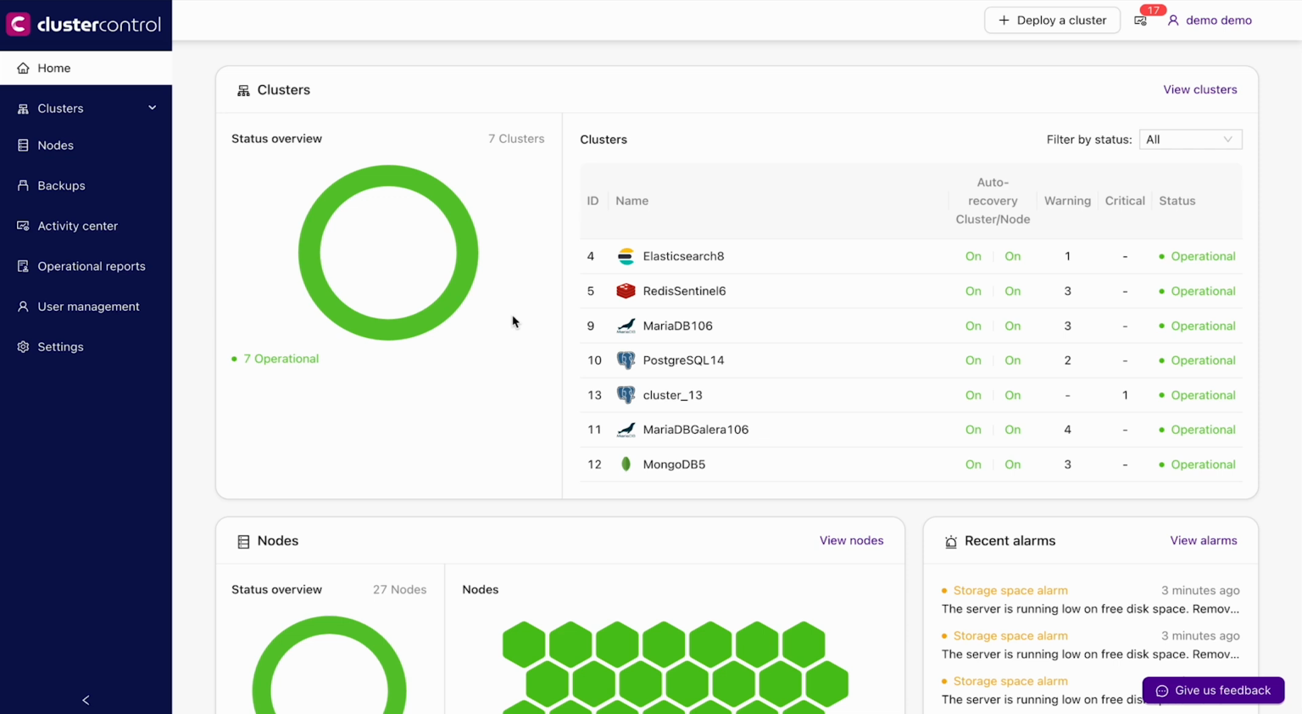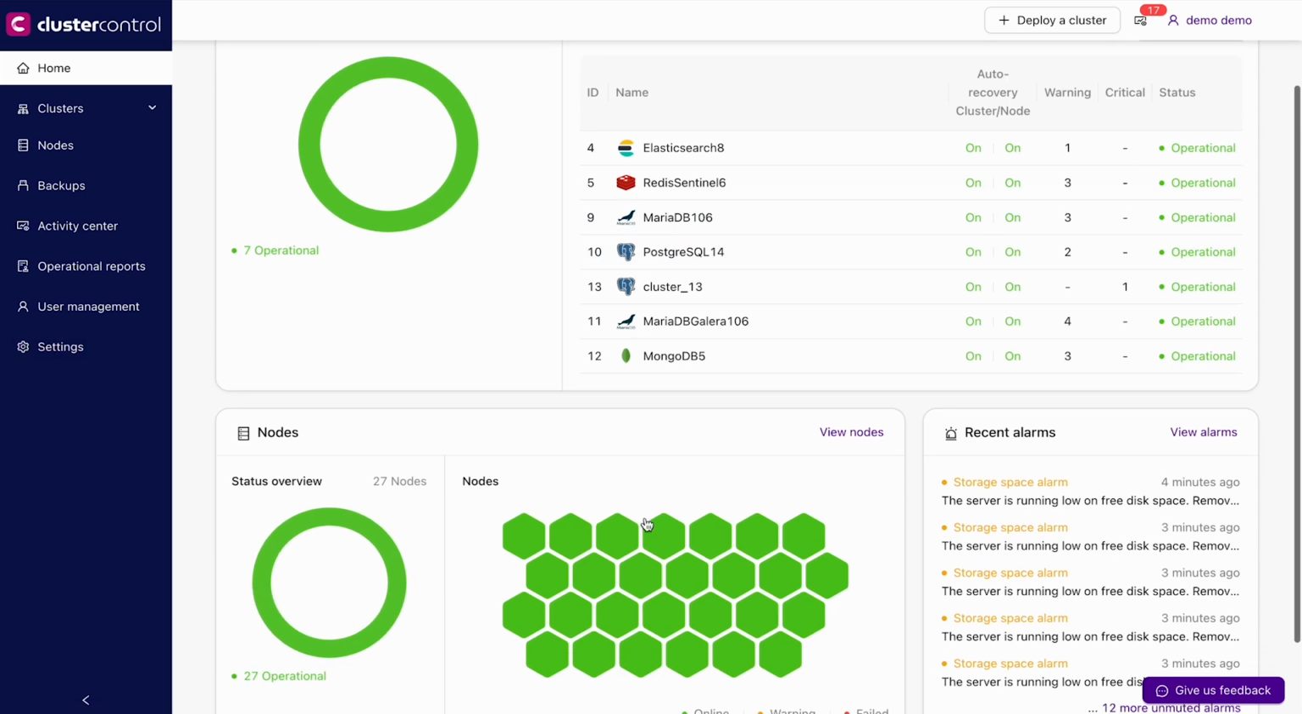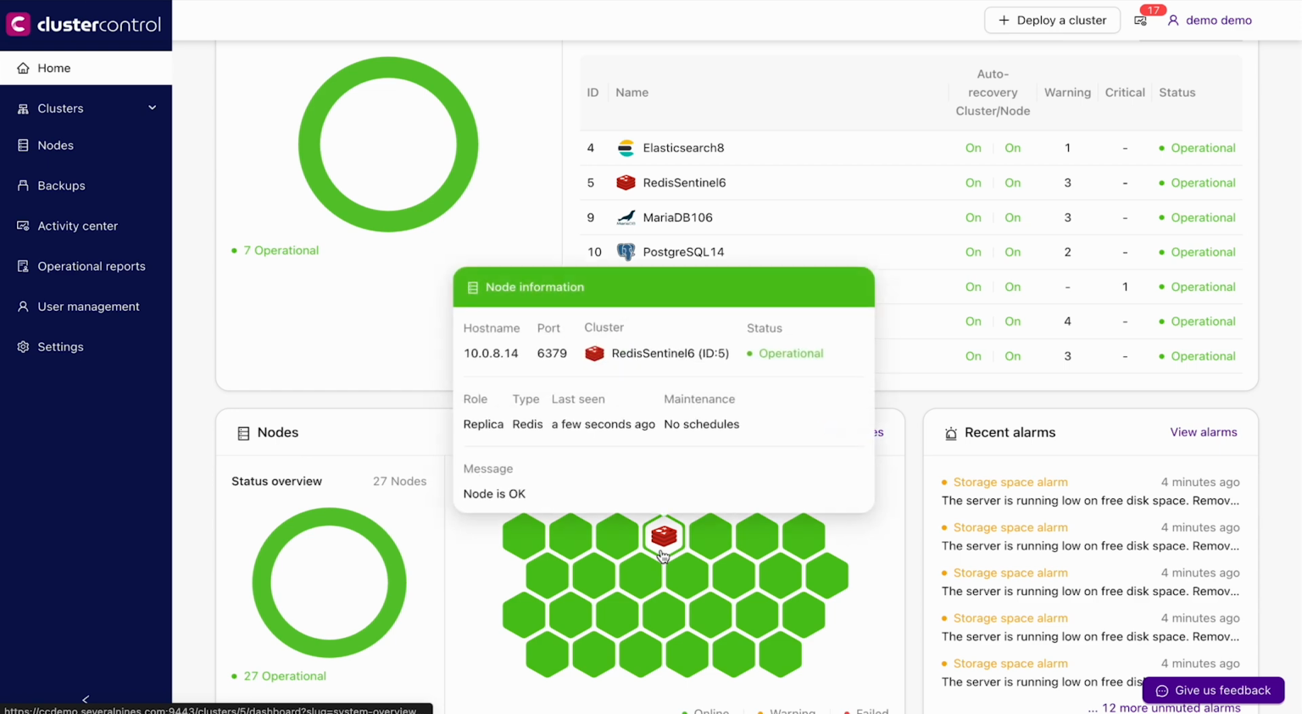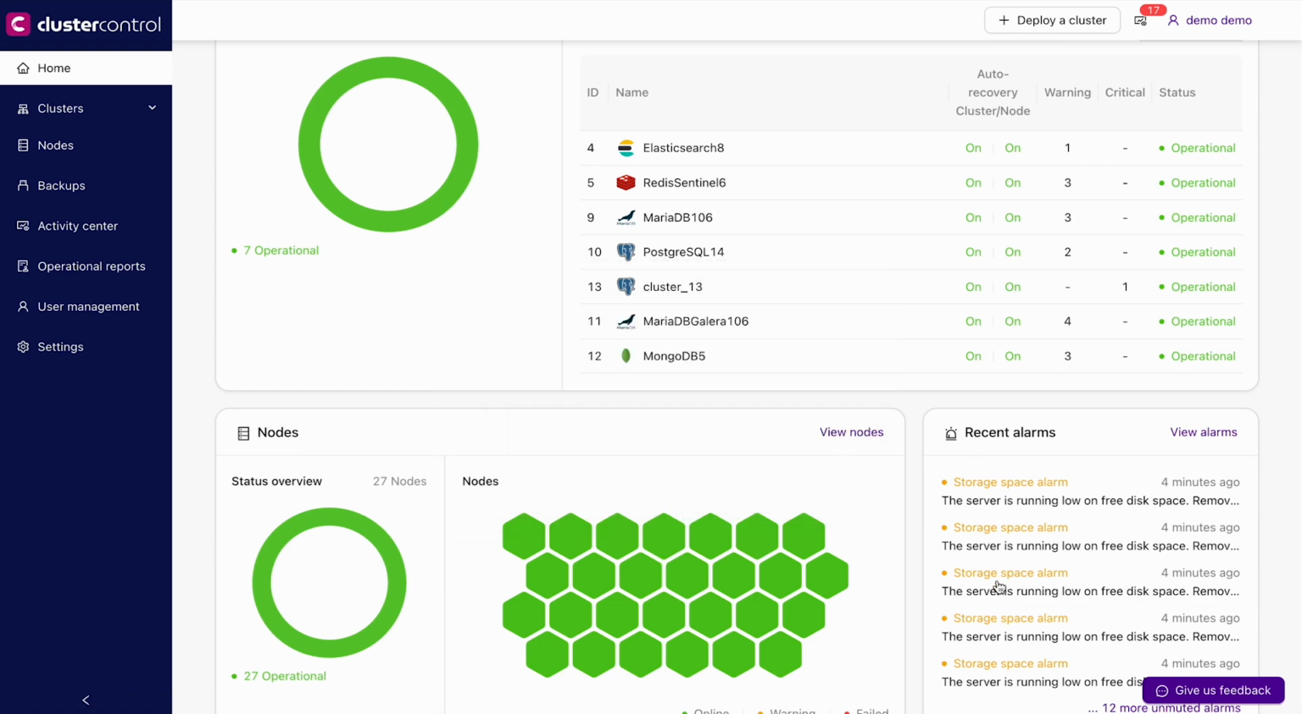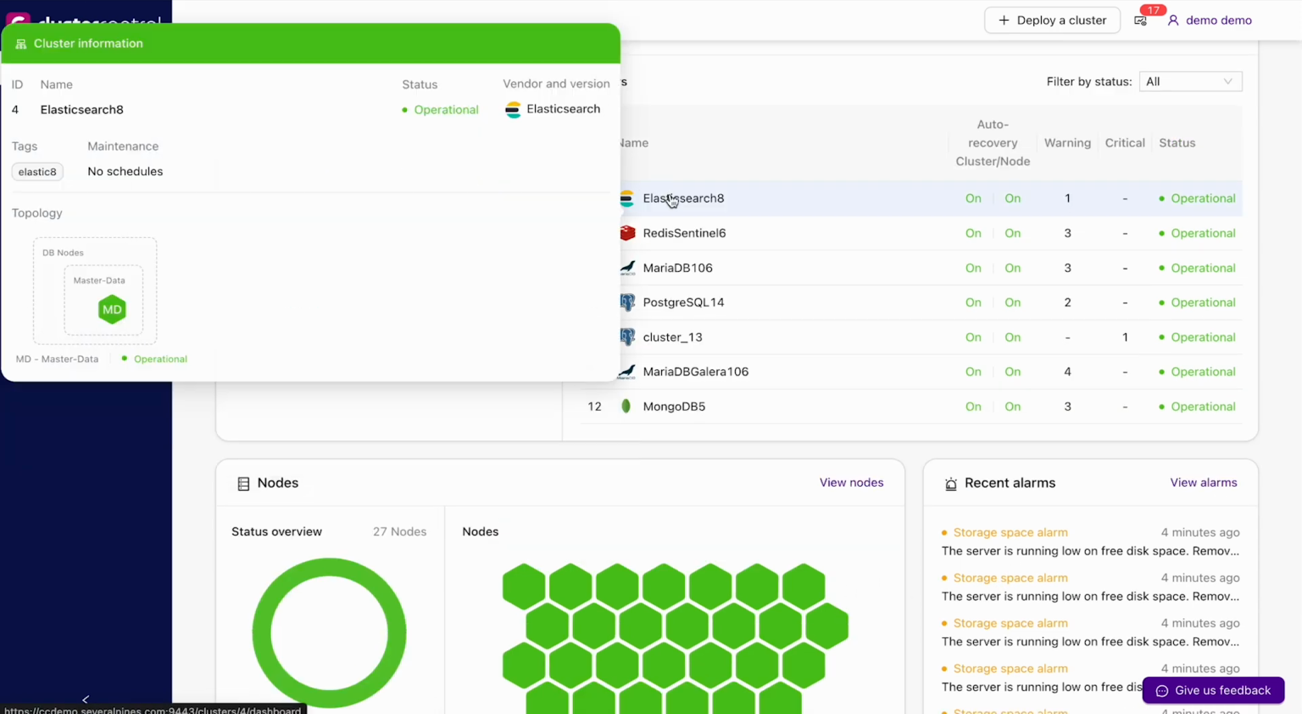On the Cluster Control dashboard, you can navigate through these menus to view all clusters, nodes, backups, activities, operational reports, user management, and settings. On the right, there's an interactive graph that provides a quick overview of your cluster, status, nodes, and recent alarms. Hovering over each database cluster displays a topology overview, including its name and other basic information